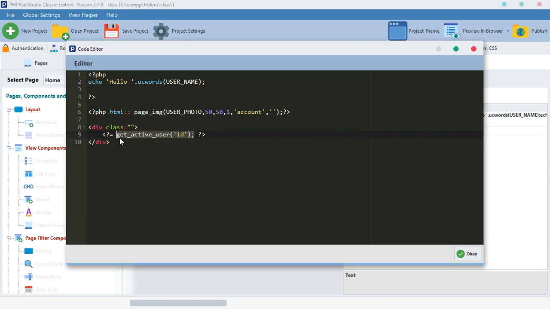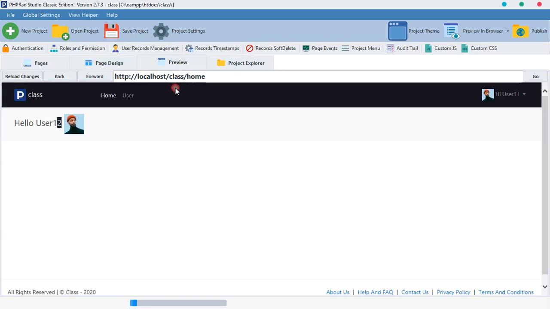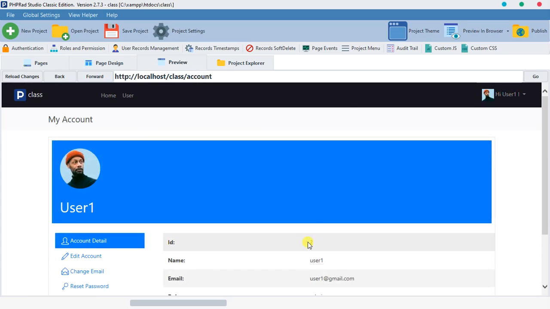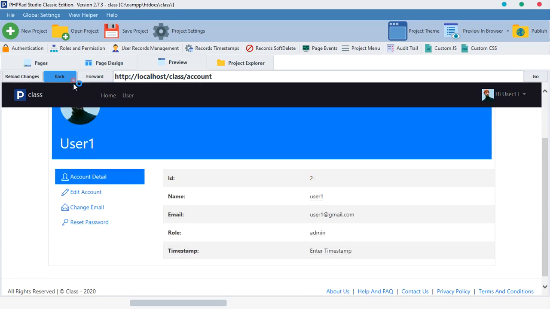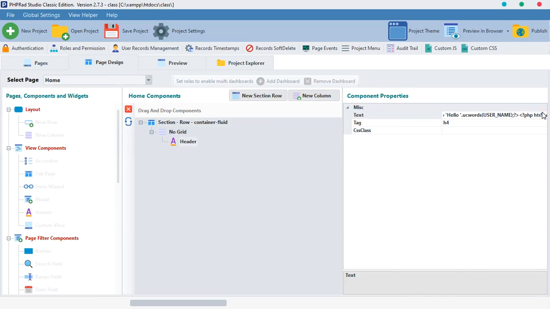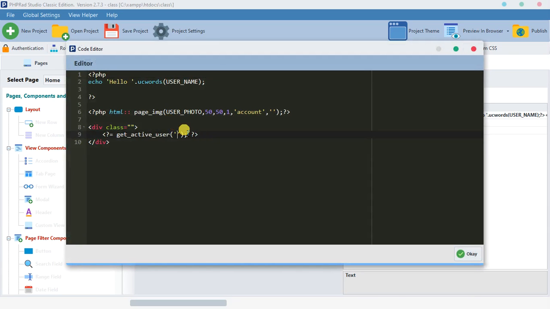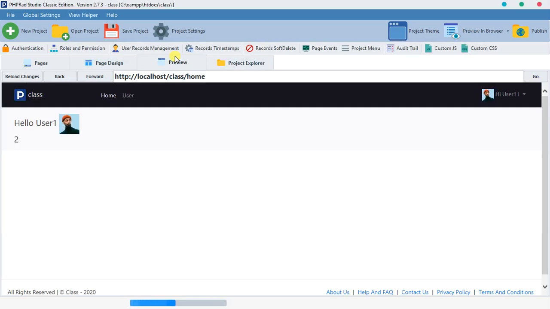So I want to get this, so let's preview it. It's going to be on the next line. Okay, as you can see, let's view this account. The ID is 2, so we are getting the value of the ID. If you want to get the email, it's simple. It's the same method. Just come inside that function and type in the name of the field you want to get. I want to get email. So that's basically how it works. That's basically how to enable authentication and the rest of it. So as we go on in our next tutorial, I'm going